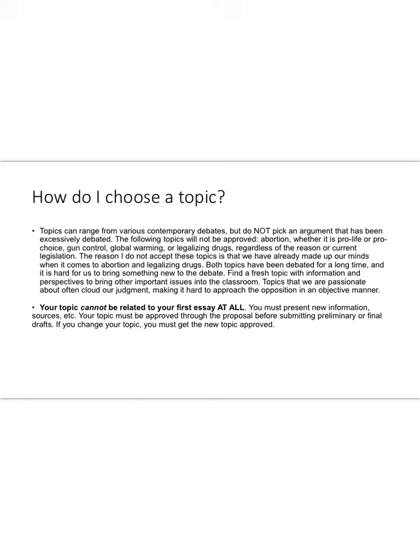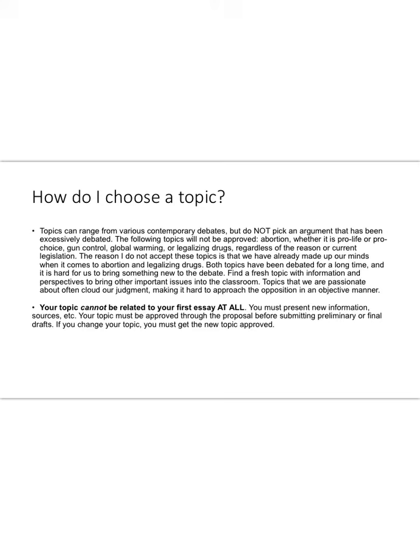If you're passionate about something, that's great. Choose it, but just be careful, because sometimes it's hard to see the other side when you're very passionate about a subject. So take some time, pick a topic, because you're going to spend a lot of time with it. When you come up with one, check the databases, though, before you write your proposal. That's important, because you don't want to have a topic approved and then go, oh no, I don't have any research to work with.